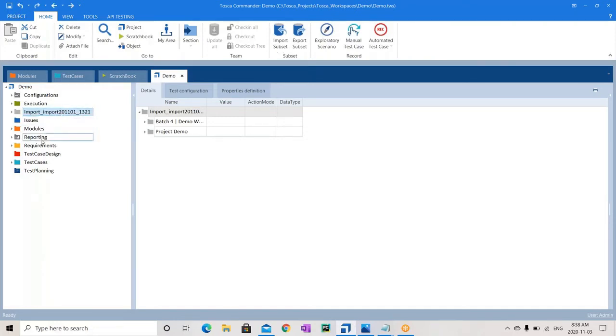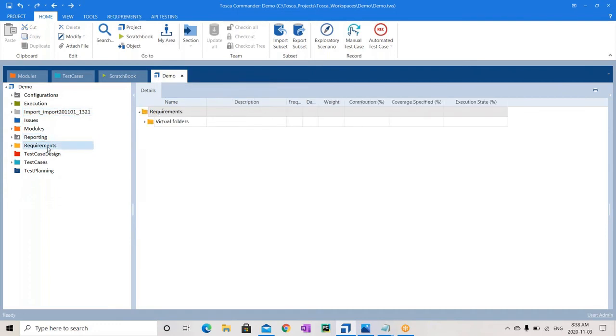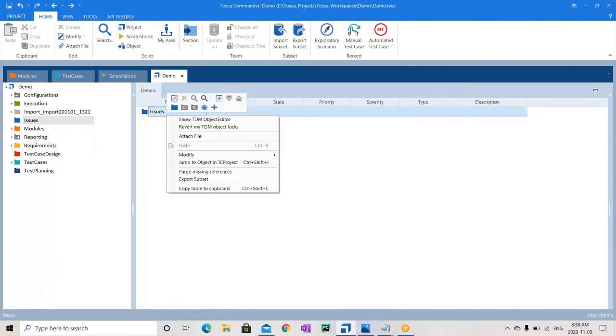Usually it will not be there for you. Next is requirements, where you define your requirements, and we have one more section, issues. Issues is where you can create bugs.